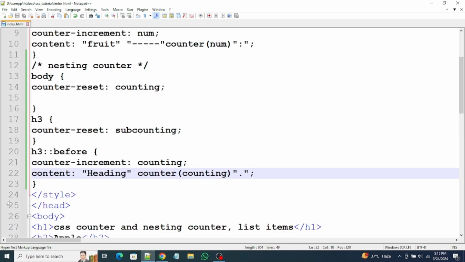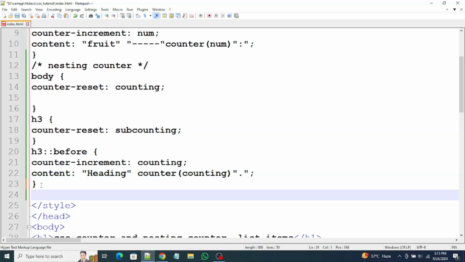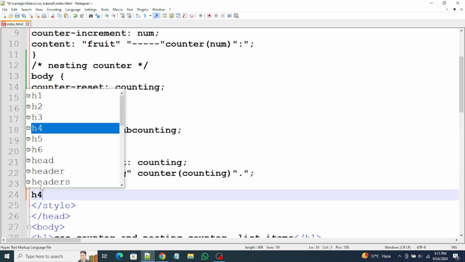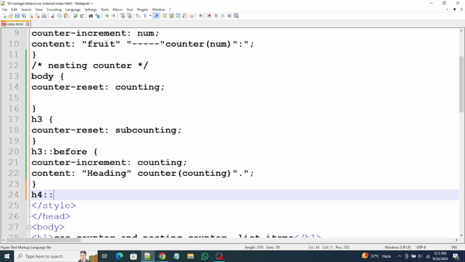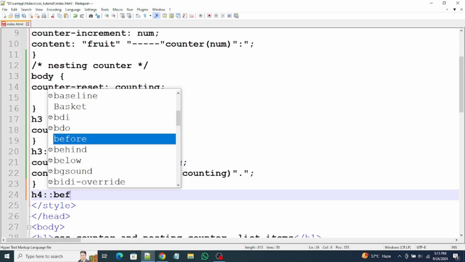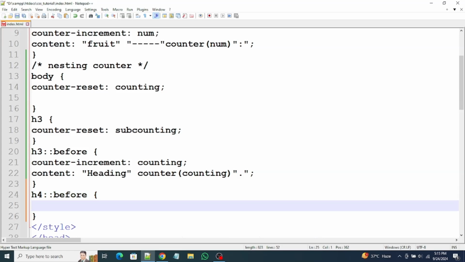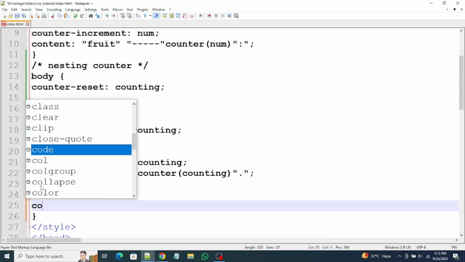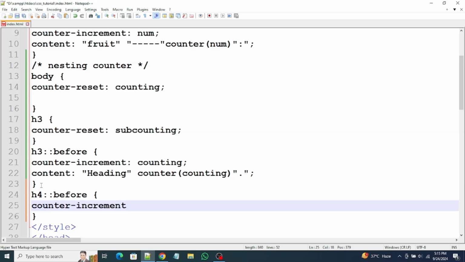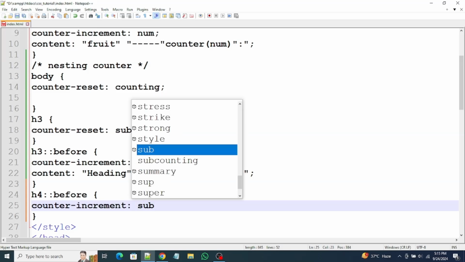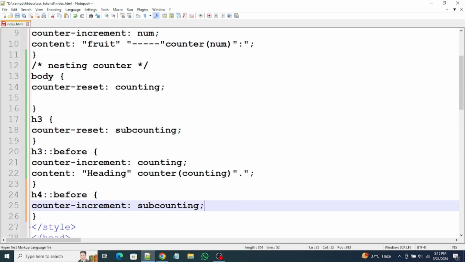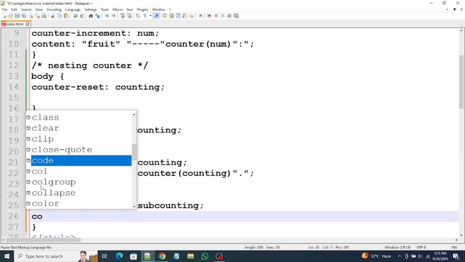In head section we will use internal CSS: heading level 4 and colon before, open curly braces and close curly braces. In between curly braces we will use counter-increment colon and we will use subcounting, semicolon. Underneath we will use content,